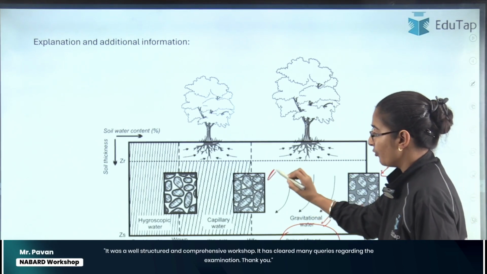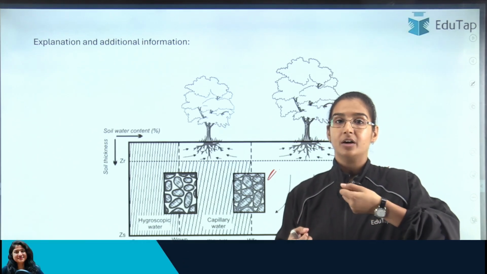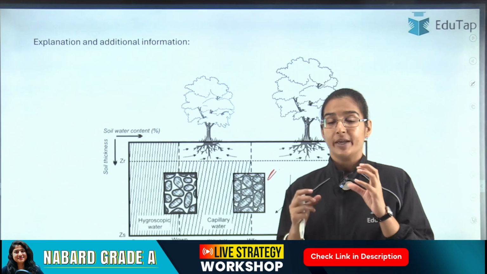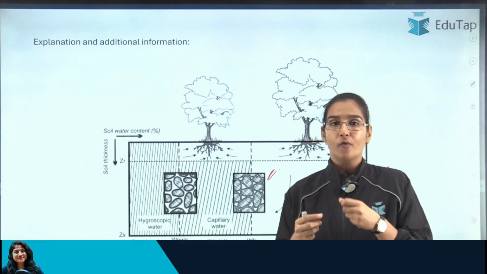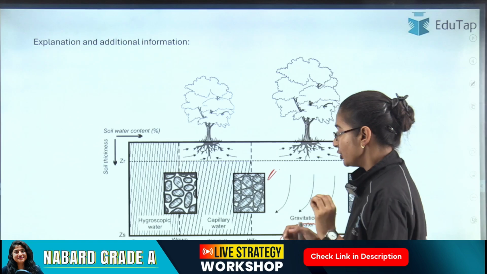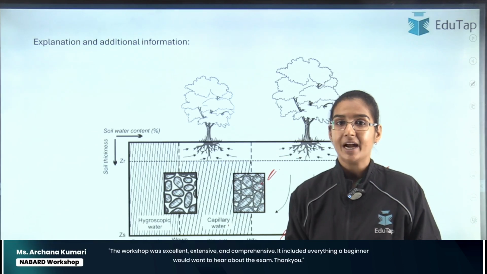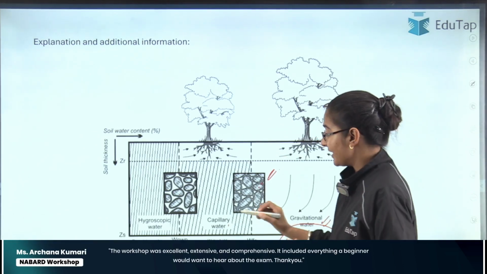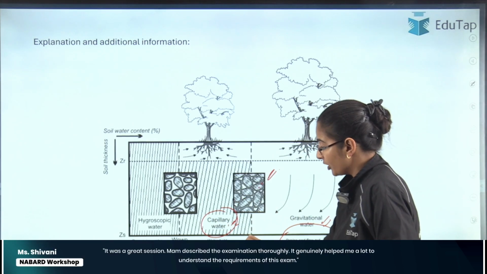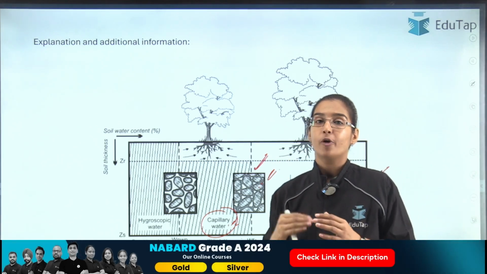Then we have the capillary water, right? So here the capillary forces keep the water in the micropores against the gravitational force, right? So here the capillary forces overpower the gravitational force and they keep the micropores filled with the water, right? So this water in the micropores does not travel vertically under the influence of gravitational force, and that is why this water is known as the capillary water, and this water is held in the micropores, and it is exactly this water which is available for the plant's uptake.